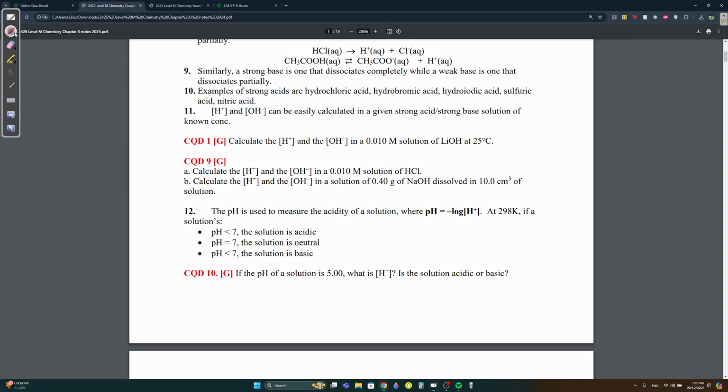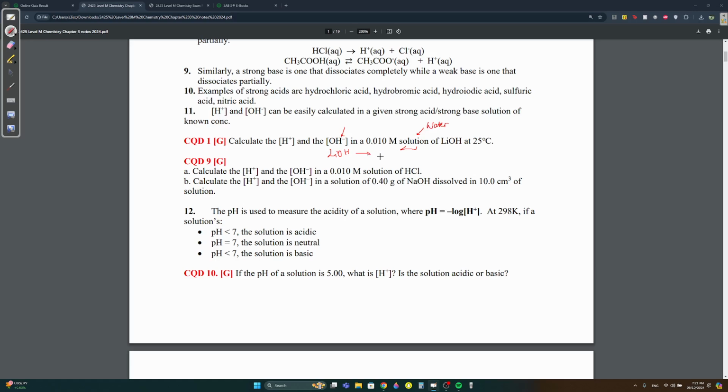If you want to calculate the H plus and OH minus in any solution, here's what you do. You first have to understand that the solution means it's dissolved in what? Water, right? It's dissolved in water. If you ever get a question like this, and you will definitely get this type of question,